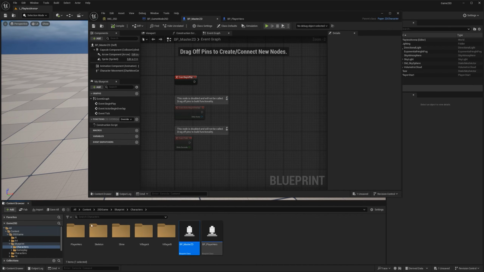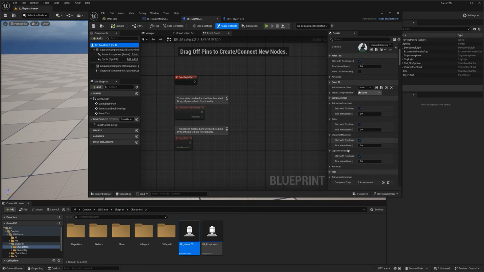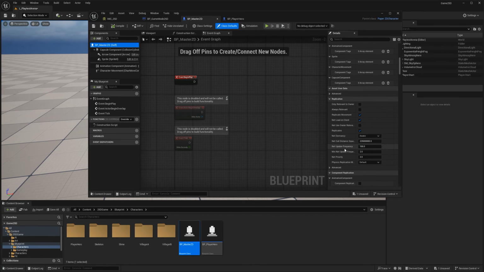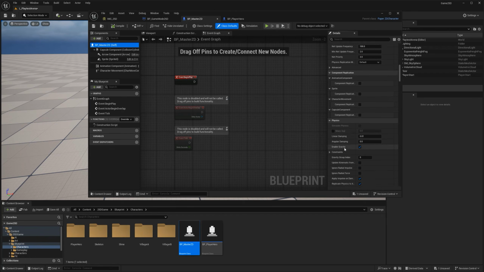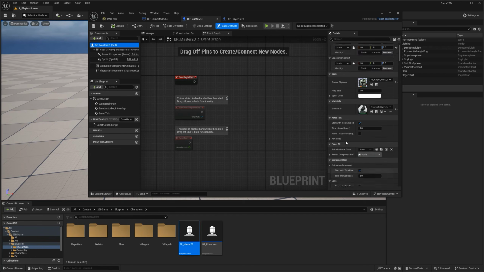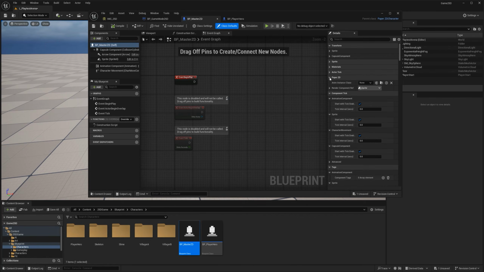And what I need to do, select the higher level. I'm going to scroll down. I'm looking for orient. That's going to be in character movement. Man, some of these menus are so long sometimes.